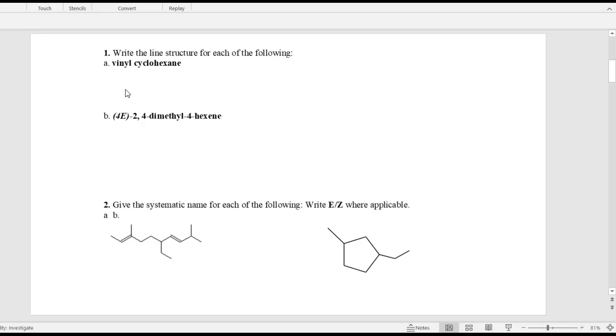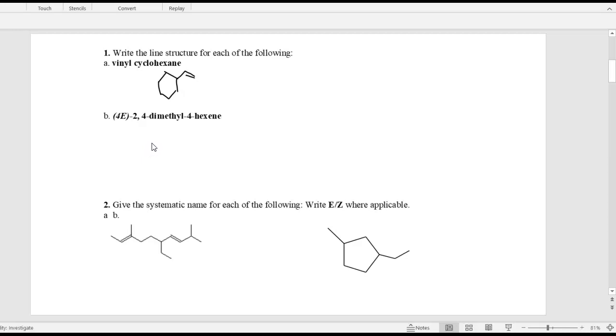So the first question is asking, write the line structure for each of the following: vinyl cyclohexane. So we draw the cyclohexane first. So here we have the cyclohexane, and then the vinyl is this structure. Okay, so that's vinyl cyclohexane. The next question is about